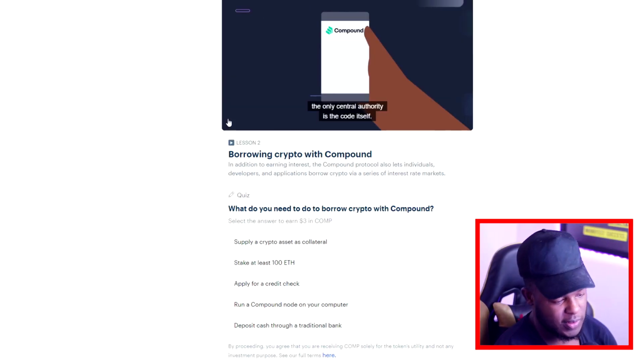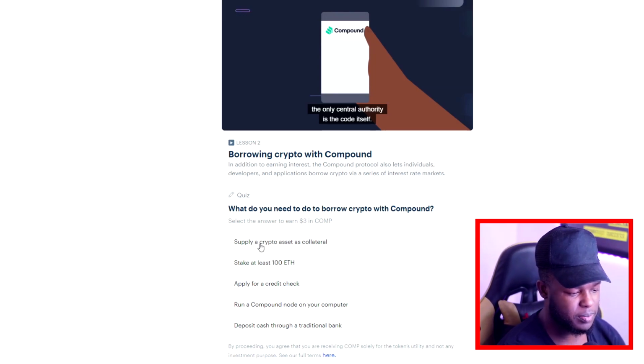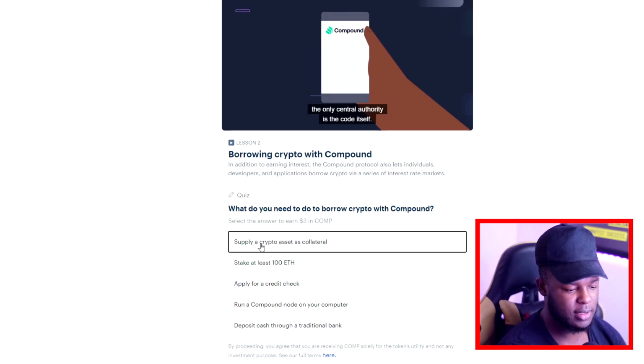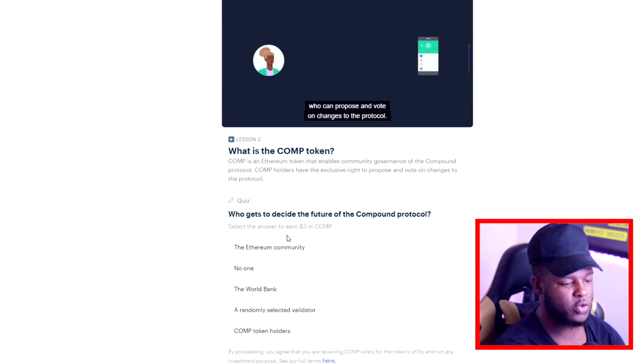Once again, I've watched through a little bit of the video. I know the answer is the first one here. So supply a crypto asset as a collateral. I click on that. Boom, we should get a tick. Another $3. And the last question, as you can see, says who gets to decide the future of the Compound